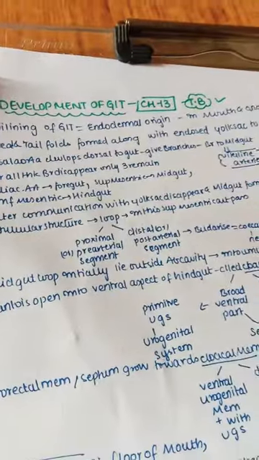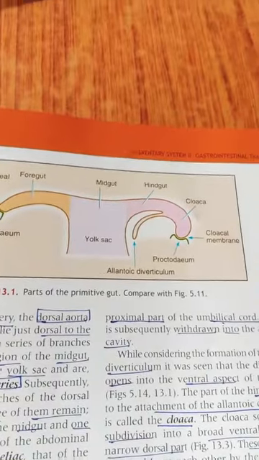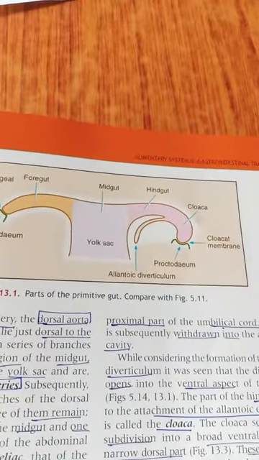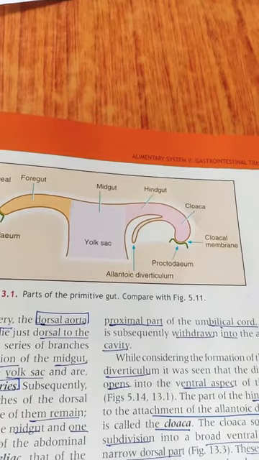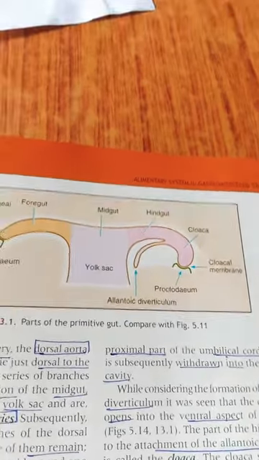To start with development of GIT. Here you can see the parts of a primitive gut, which we look at in our embryo. First, this epithelium lining is completely of endodermal origin, because we know it is from endoderm which forms our GIT, and in the mouth and anal canal, that is, we can say this forms a mouth and this forms an anal